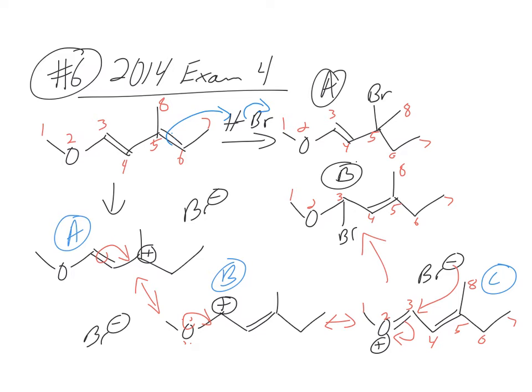C, because it has full octets. The most stable intermediate is probably going to lead to the most likely product. Right? So if you're going to say that B is the major product, or this question asks, predict which will be the major product and explain your reasoning. To explain your reasoning, you'd have to say, because it comes from the most stable intermediate, which has full octets